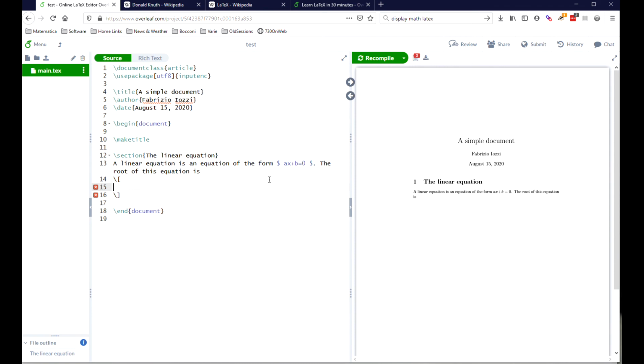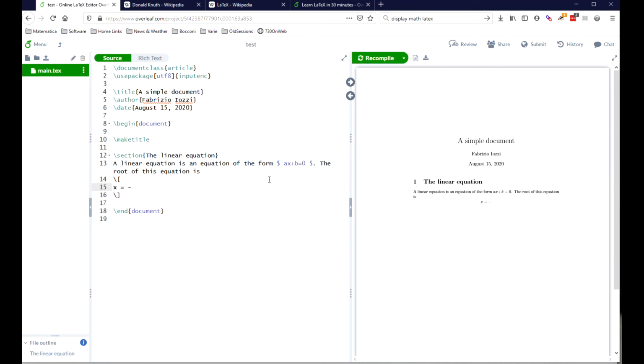Inside this, we type the root of the linear equation, which is x equals negative, and then we have a fraction, of course b over a,